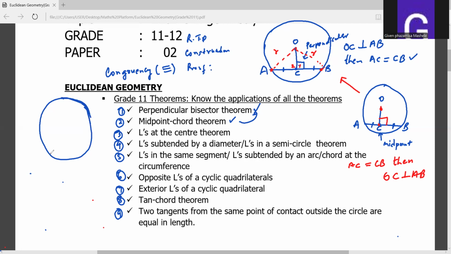Right, let's say we have an arc here. Let's call this arc AB. So here is our arc AB. According to this theorem, it says an angle that is subtended by an arc at the center. What do you mean by subtend? Subtend just means formed from or produced from. So in other words, if we have an arc AB and this arc AB subtends or forms an angle at the center,